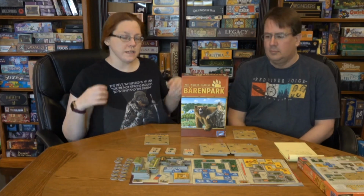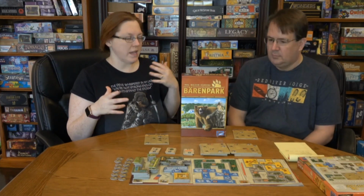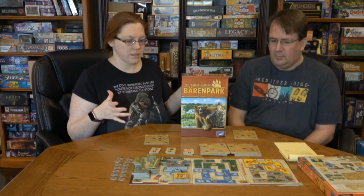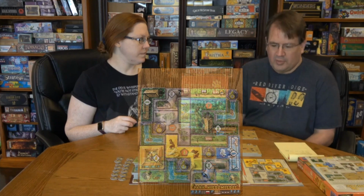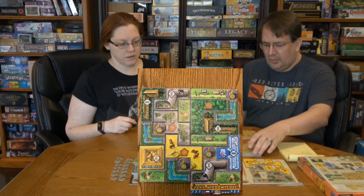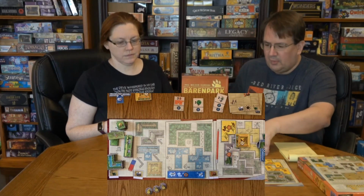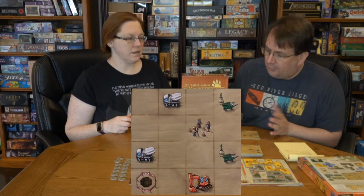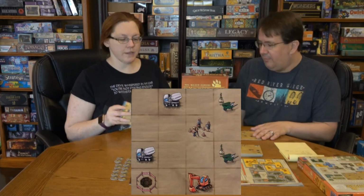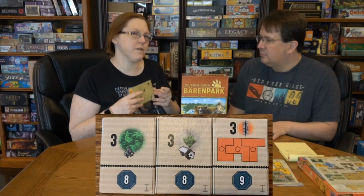All right, so now let's talk about quality of components. There's nothing really fantastic about this game as far as quality of components. No, it's just all basic cardboard. There's nothing really interesting about any of the pieces. Everything is cardboard, the standard Tetris shapes. There's nothing outstanding about those. It's all basic. I mean, it is good thickness and it's very functional, but as far as anything that's...